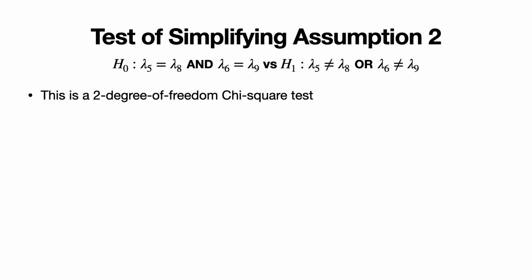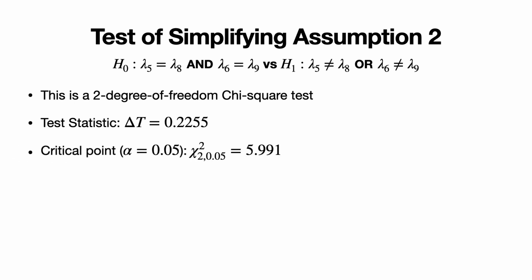And so this is a 2 degree of freedom chi-square test. The value of the test statistic is 0.2255. We're performing the test at the 0.05 level of significance, and it is a 2 degree of freedom test, and so the critical point is the upper fifth percentage point of the chi-square distribution with 2 degrees of freedom, which rounded to 3 decimal places is 5.991. The p-value for the test is 0.89337,